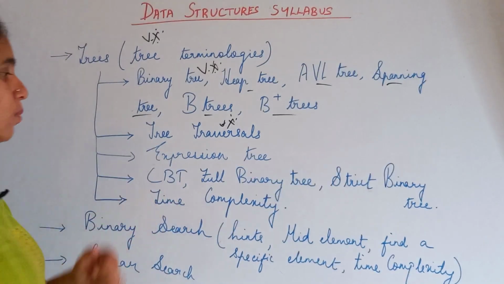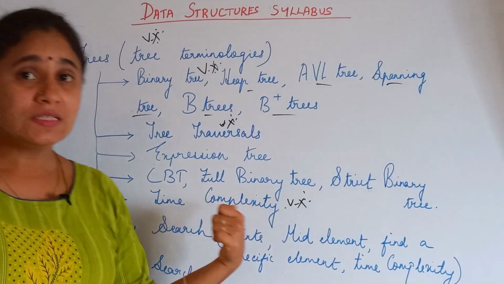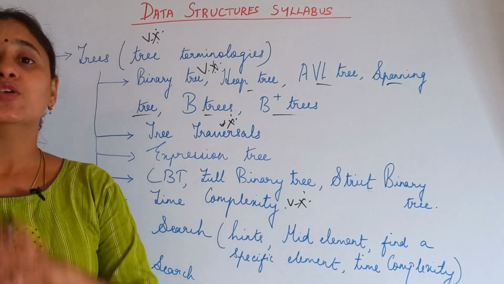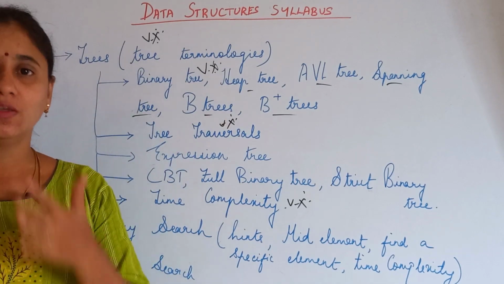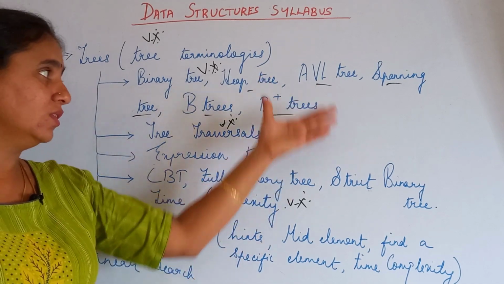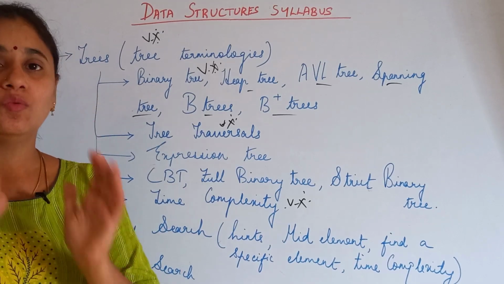Next is time complexity. This is also an important one. For this time complexity, I am going to give you a tabular structure. Under the tabular structure, I am going to give you the worst case, the best case and the average case of all these trees. You can just have a readout of all those things.